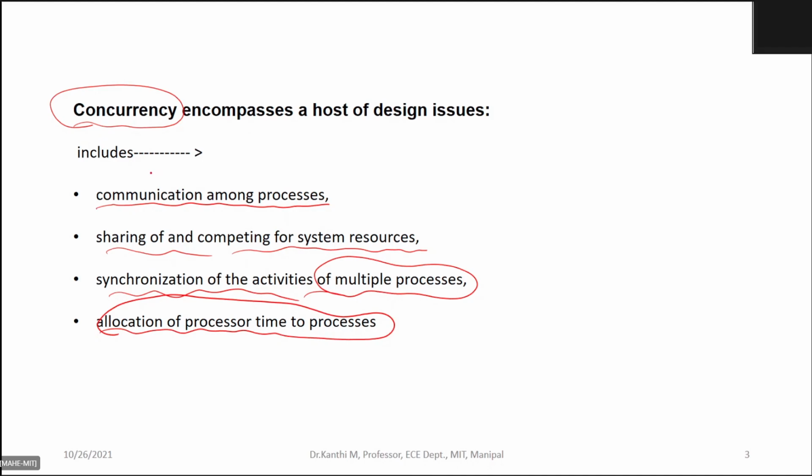Normally we say that in a uniprocessor system, as I stressed in the beginning itself, there is nothing like parallel working in a single processor system, because only one process can run at a time. Fine. So there is some sort of interleaving that takes place. You switch from one process to another.